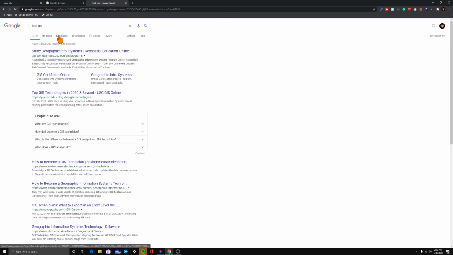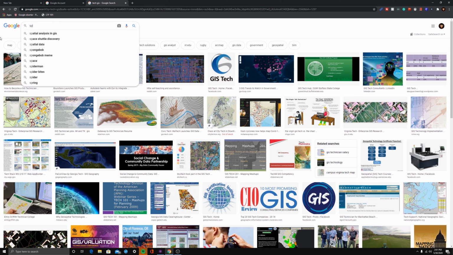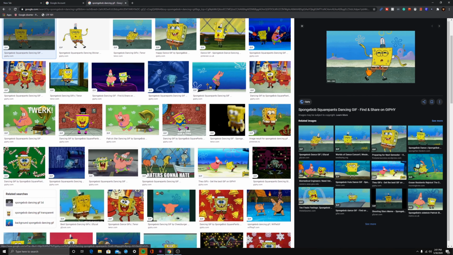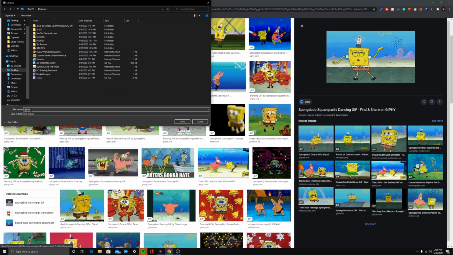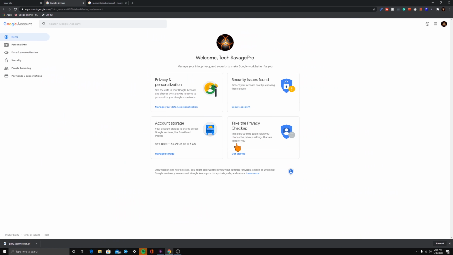All right. So we're gonna go over to images, and I'm gonna try to find one really quick. So I'll just do SpongeBob dancing GIF. Okay. So once you have this, you just want to click save as, and then you can name it Jiffy or whatever, SpongeBob, whatever. Okay. So once you have that saved, you're going to go back to your account, manage account,